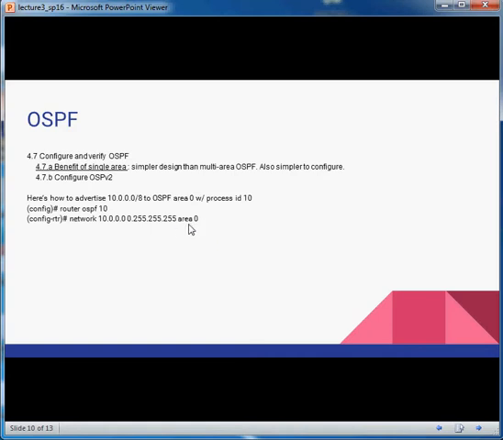That's how I specify what area I'm going to advertise this network on. So now this is kind of weird. What is this here? This is known as the wildcard mask. It's actually pretty easy to find the wildcard mask. All we have to do is first get the subnet mask, which, since this is a Class A, is